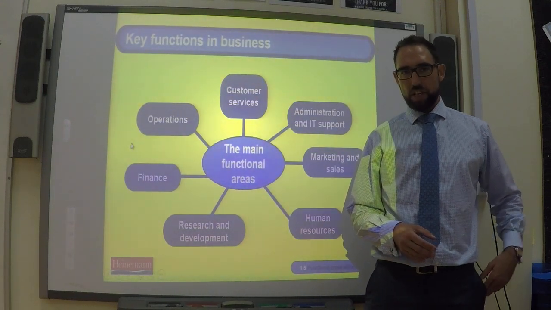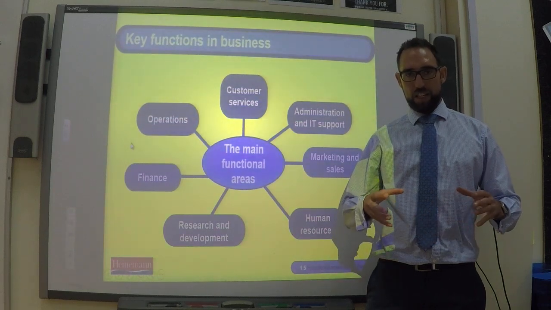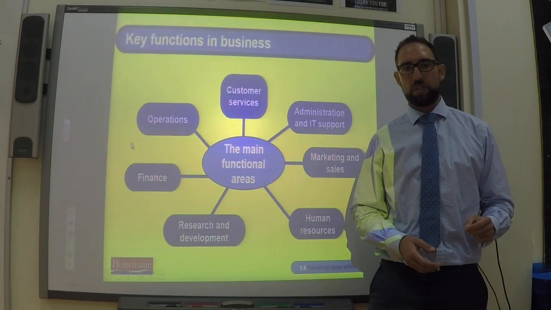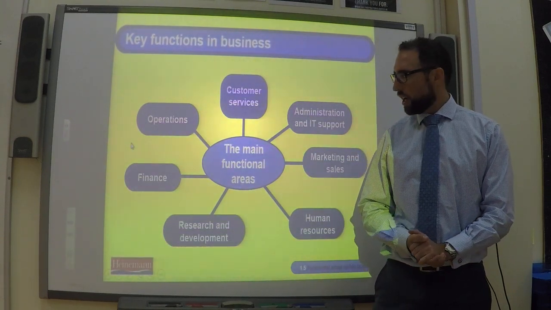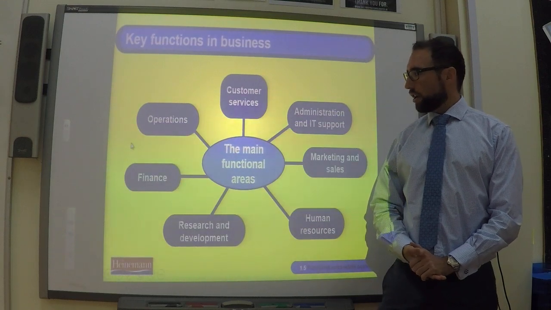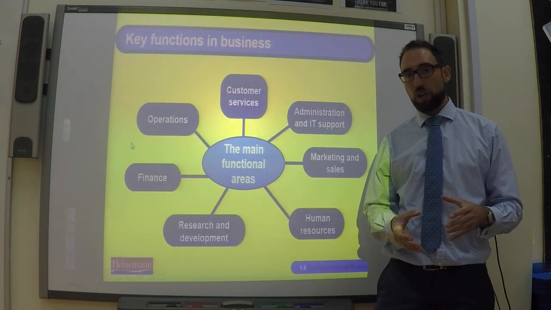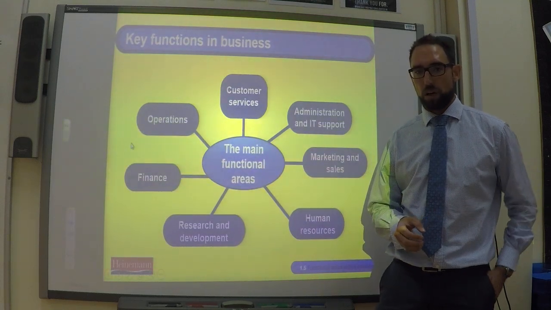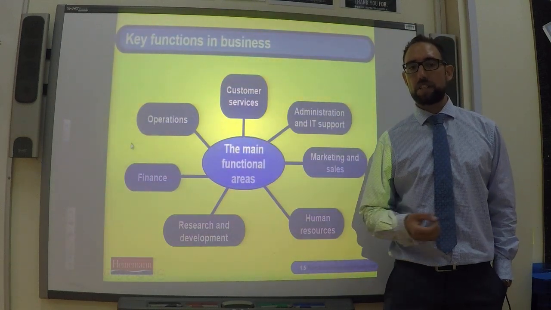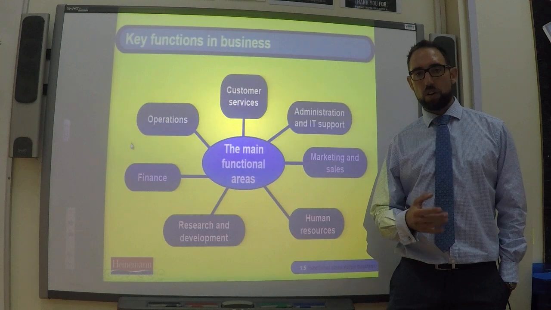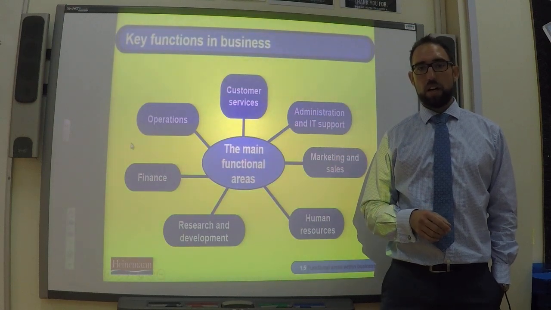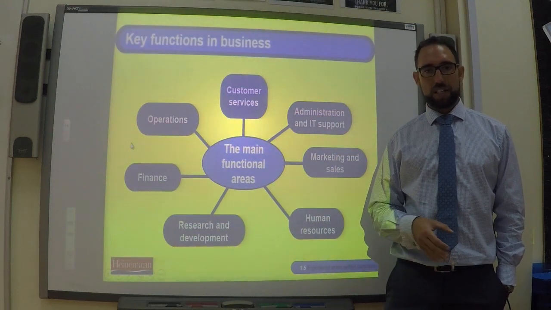Now, with functional areas, just like we have in school with departments, in certain functional areas you have people with particular types of skills and particular types of education and experience. And I'm going to go through the different functional areas that businesses have, and obviously the people in those functional areas will have certain qualifications and certain experience to go with that particular job. Just like in school, if you have a science department that's filled with people who've got degrees in biology, chemistry and physics, in the business department you have teachers who have got degrees in business and so on. Okay, so you have specialist people that work in these particular functional areas and departments doing certain kinds of jobs